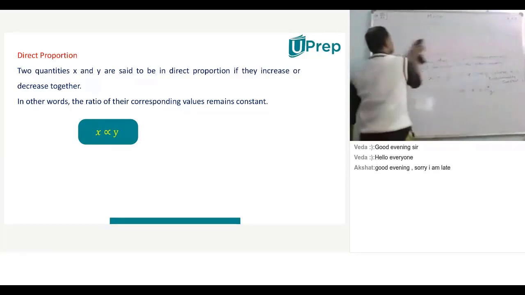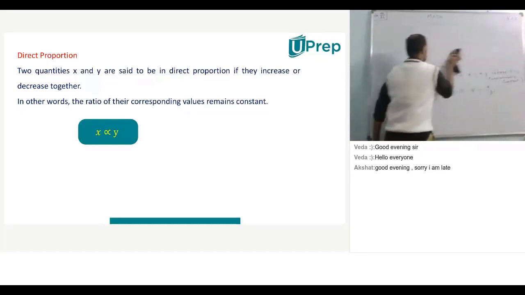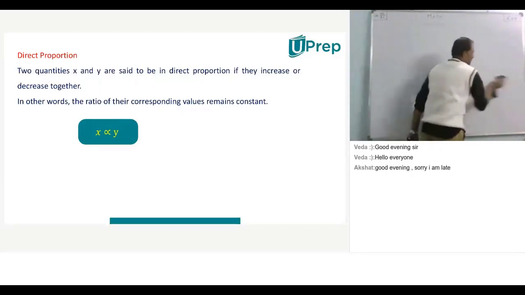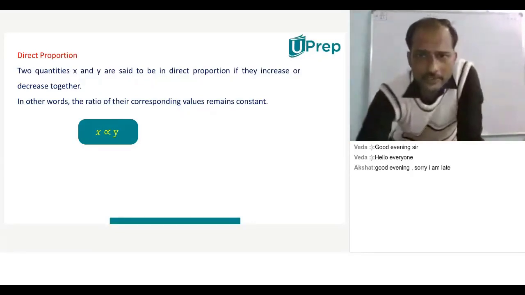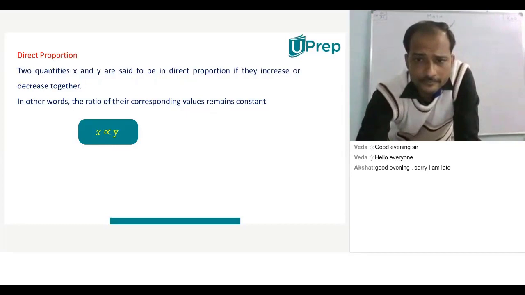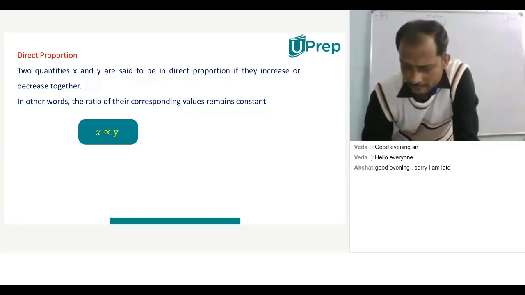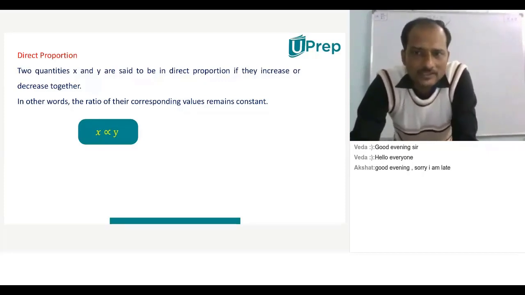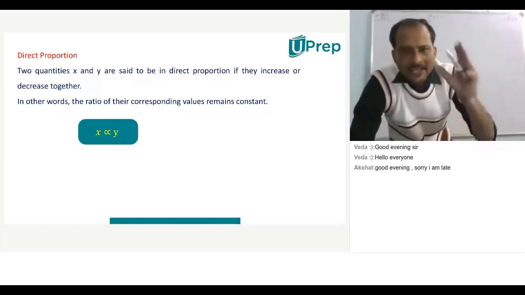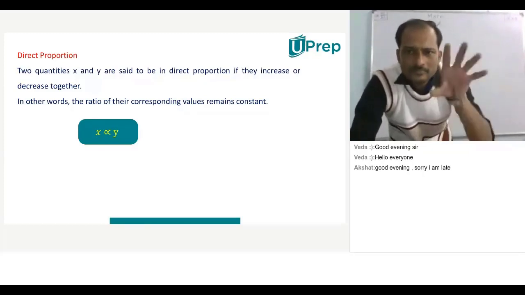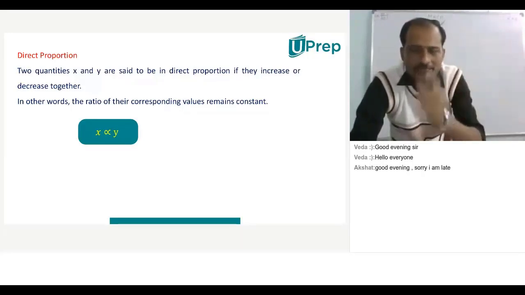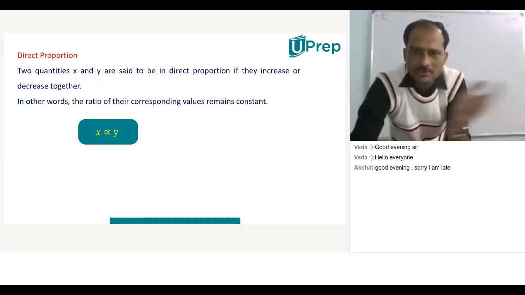Now let's move on to do a few questions involving this direct proportion. Excuse me, sir. Yeah, Ronak. So the value of the constant changes from question to question? Yeah, of course, it depends upon the quantities. It is a constant in the sense that in that particular problem, the value of K will be constant. The constant will not be the same from one question to the other question. It depends upon the quantities.